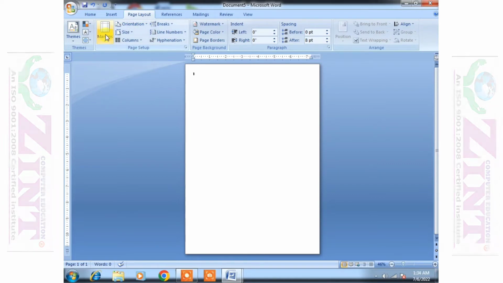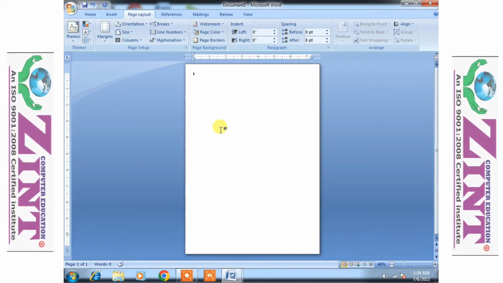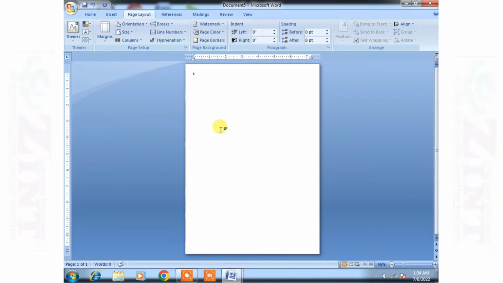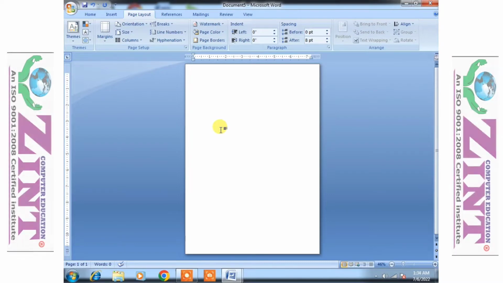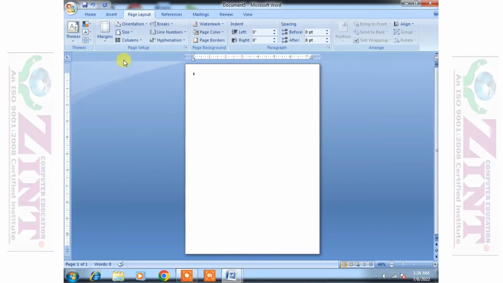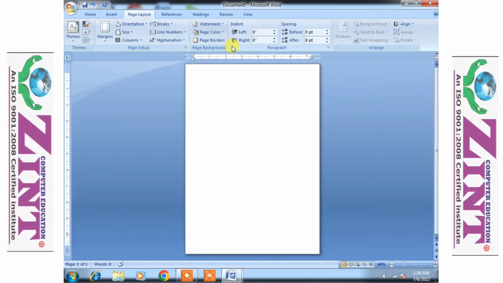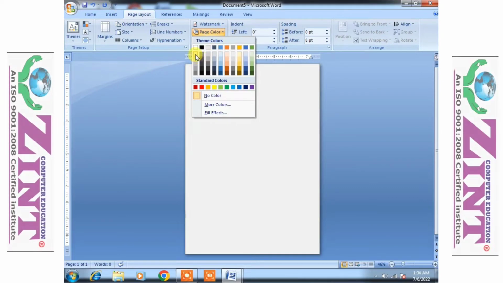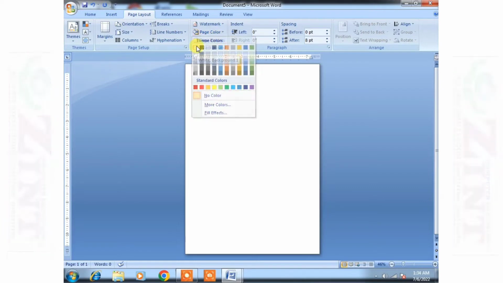So starting to make a pamphlet, you have to know about the syntax and the format of a pamphlet. First of all, the background should not be dark. It must be of a light color like white or beige, which is a combination of cream and white. And the text must be more highlighted, so the text primarily attracts the customer or the citizen or people. So first of all, we have to go to Page Color. Then we have to select the page color white.